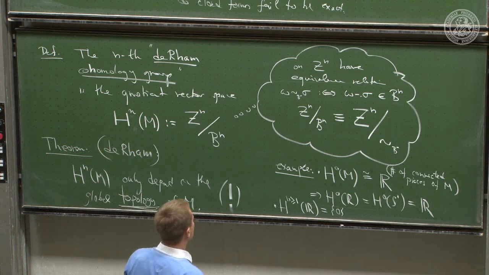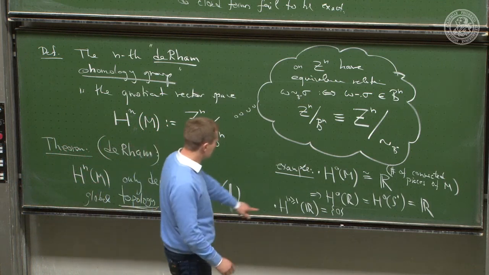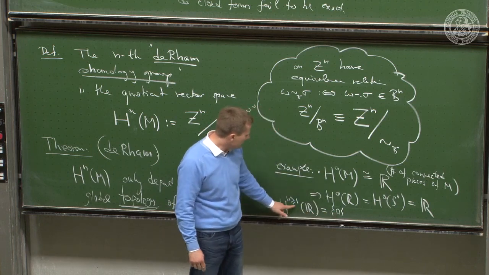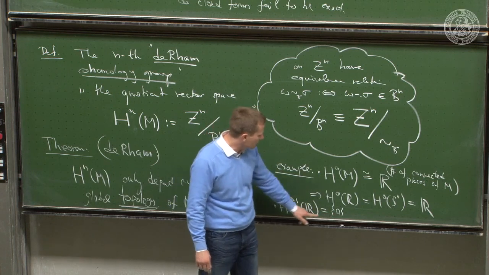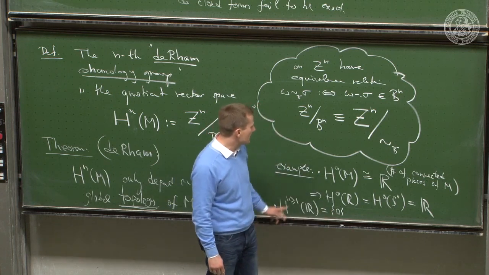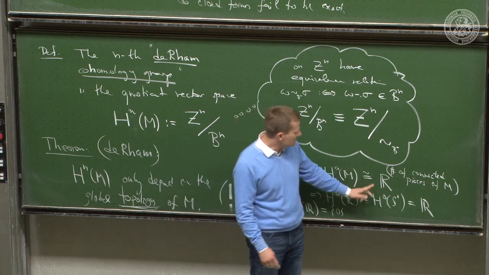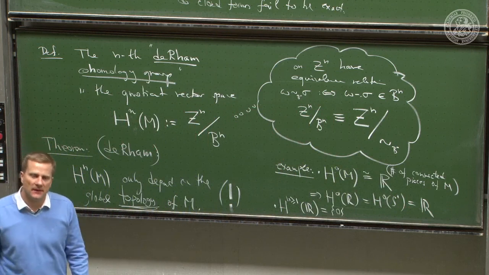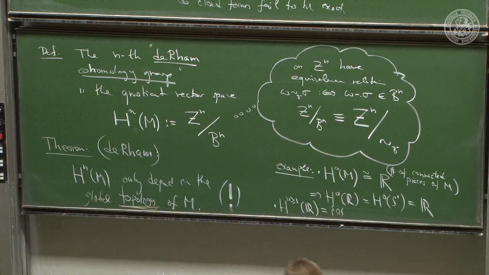And now again, the Poincaré lemma was that just this essentially is the Poincaré lemma for the real line, but it also extends to R^m. All the n greater equal to 1 de Rham cohomology groups are just the zero vector space. Of course, the zeroth isn't. The zeroth is just R because it's one connected piece. So that's the basis of cohomology theory, and it of course carries significance. You can also show that the other identity that I wrote down,